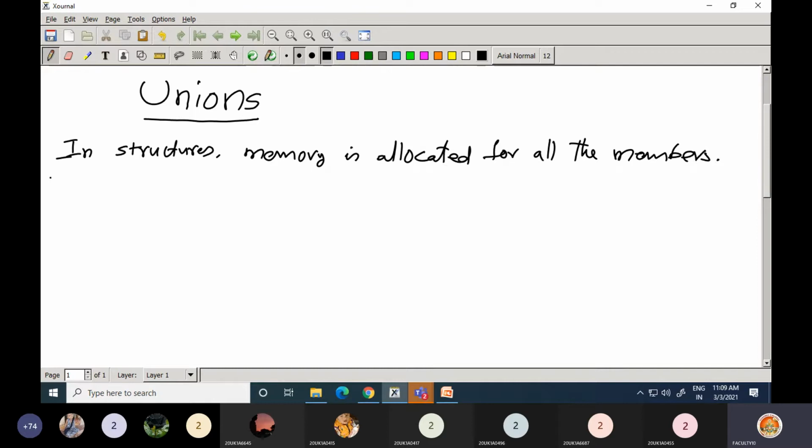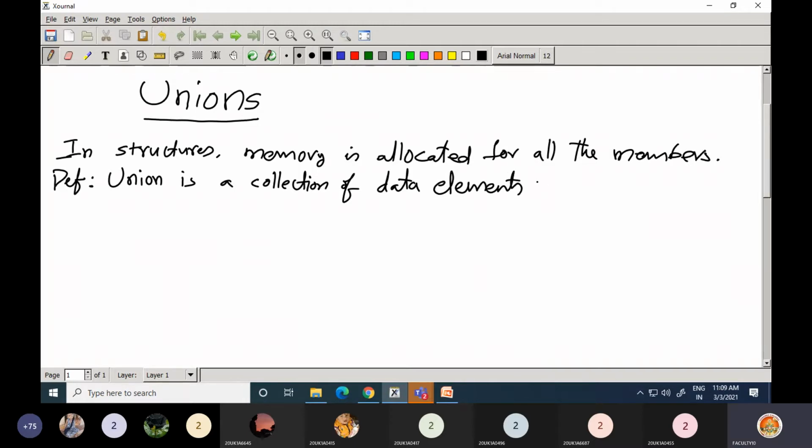Okay, so how can you define union? If you see the definition of union, union is a collection of data items, or you can call them data elements, of different types that share a common name.